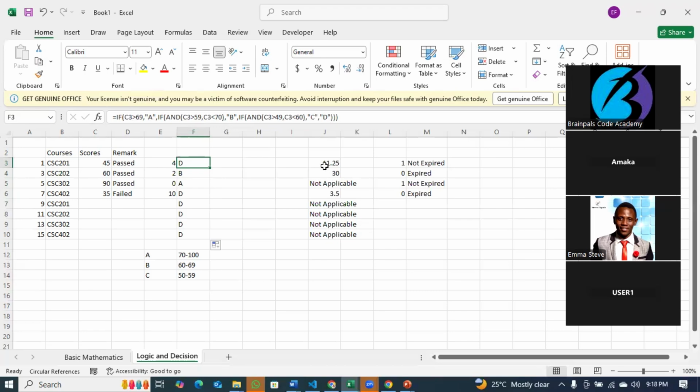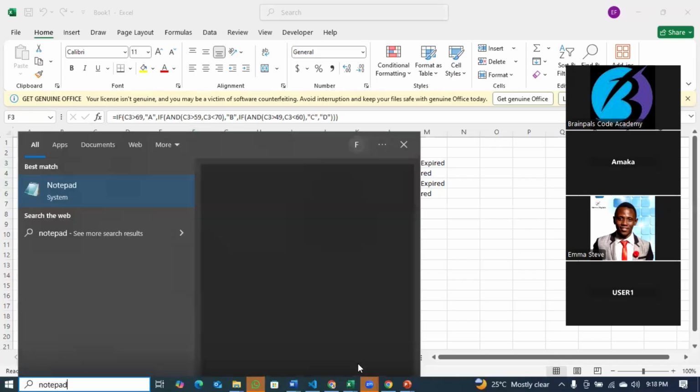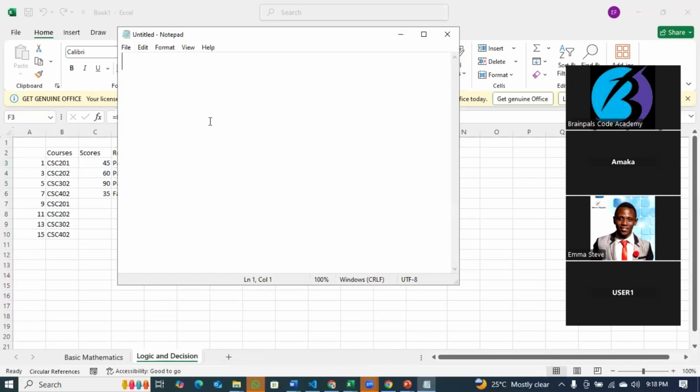So we have less than 7 minutes to wrap up this section. So here's how it works. Again, understand this. I'm going to open my notepad and show you something. First of all, I did IF, and then I said AND, and I said something like B3 is greater than 49. Anytime you want to do a range from something to something, use an AND. Anytime you want to check conditions between two things, you use an AND. So here I'm saying if B3 is greater than 49 and B3 is less than